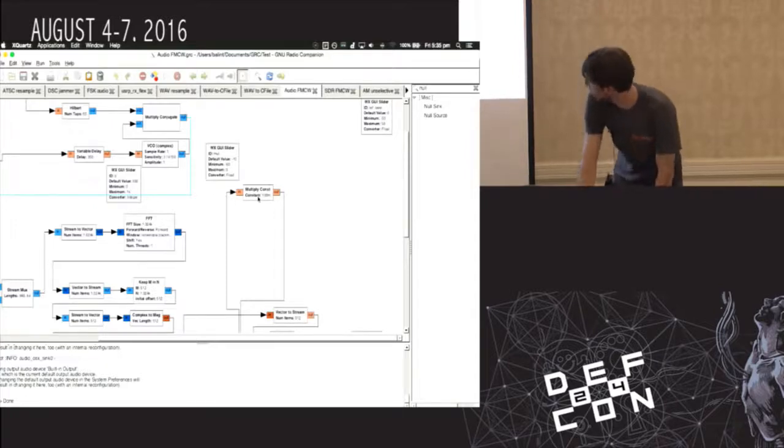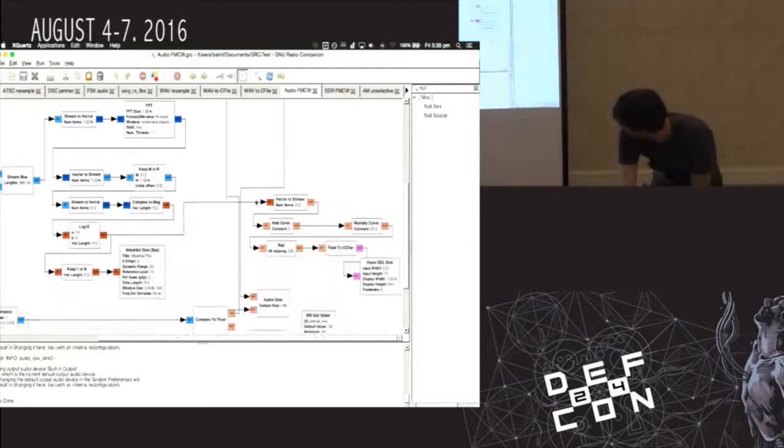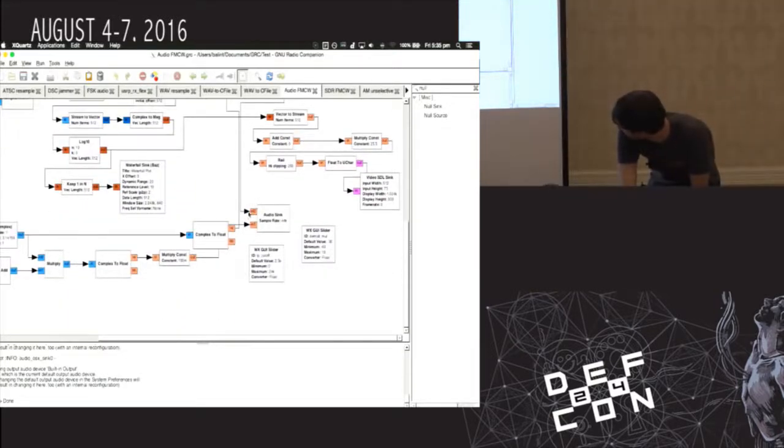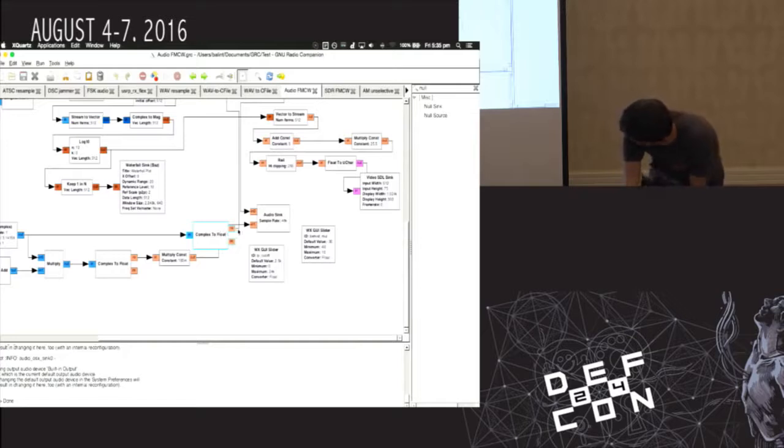for some reason I have this all the way up there. This is a multiply const block, so it's basically just getting the signal to a nice level for the audio sink. But here we've got our left and right channels. And once we've created our chirp, we go through and just take the real component, put that into the left channel,